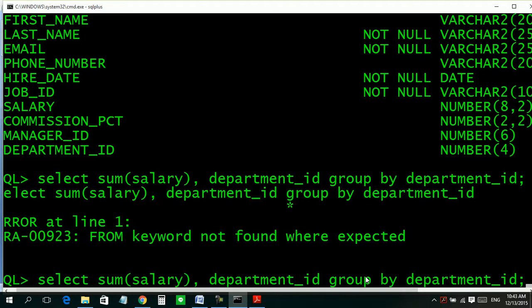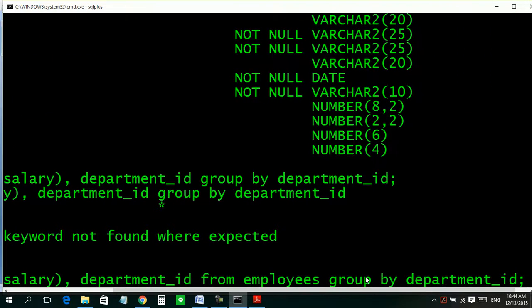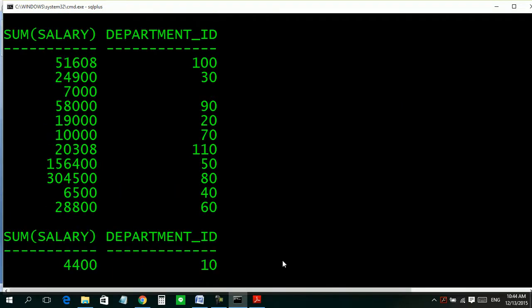Oh no, I missed the from, the table name. Select sum salary, department ID from employees group by department ID.